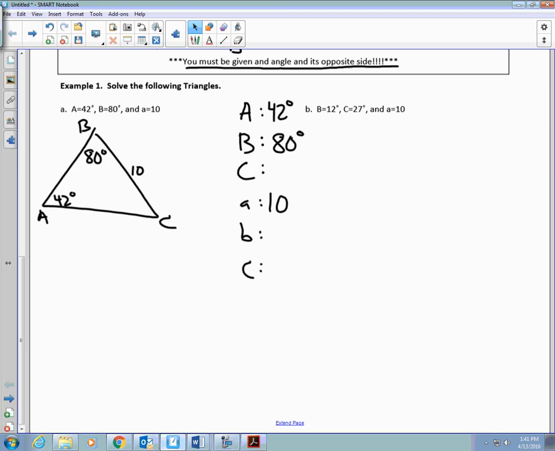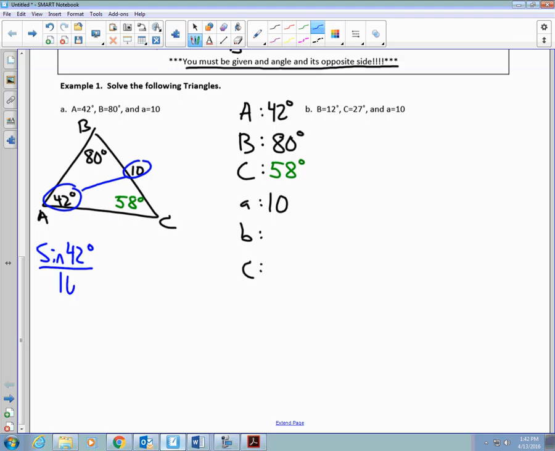Let's solve this. Now, Nathaniel, you got angle C. What did you get angle C to be? 58 degrees. How'd you get 58 degrees? All the angles have to add to 180, right? Is everybody okay with that? So now we just have two more sides to find. What I'm going to do is I'm going to use the law of sines. That's what it said. My sheet told me if I have an angle side, I can use the law of sines. Because I have an angle and its opposite side. So I will say the sine of 42 degrees divided by 10